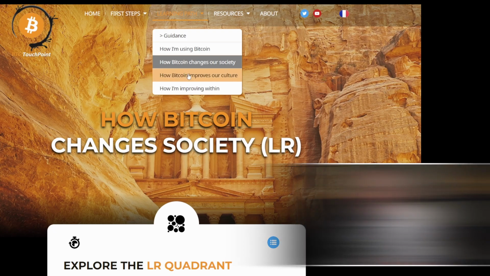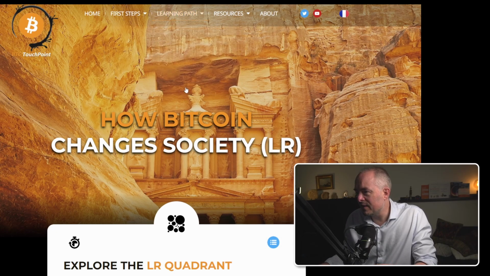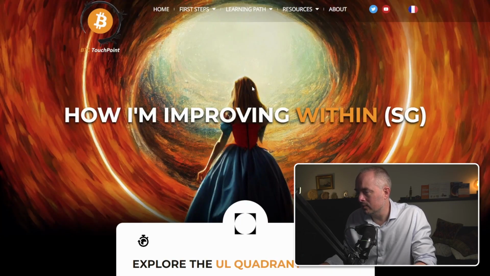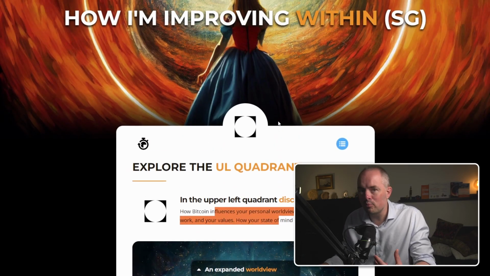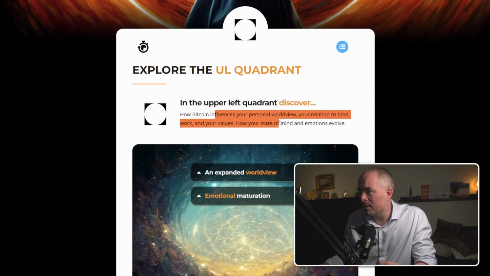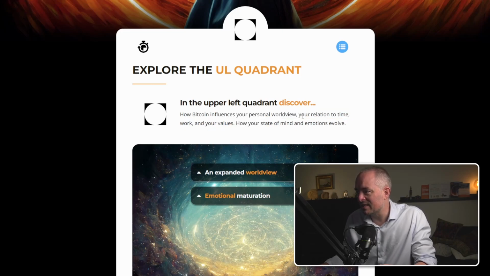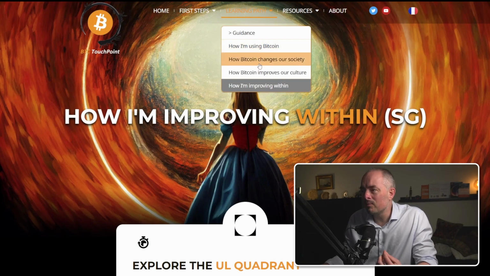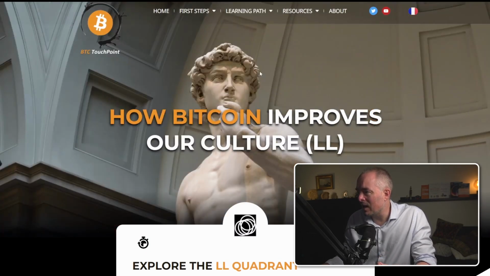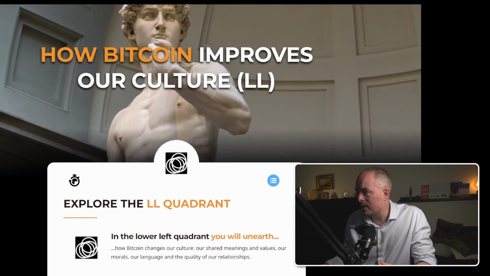You remember, there, if we visit the upper left quadrant, we can navigate all sorts of contents documenting how I'm improving within. That is how Bitcoin is influencing me inside: my worldview, my emotions. Finally, to complete this little tour, let's dive into the lower left quadrant, where we can